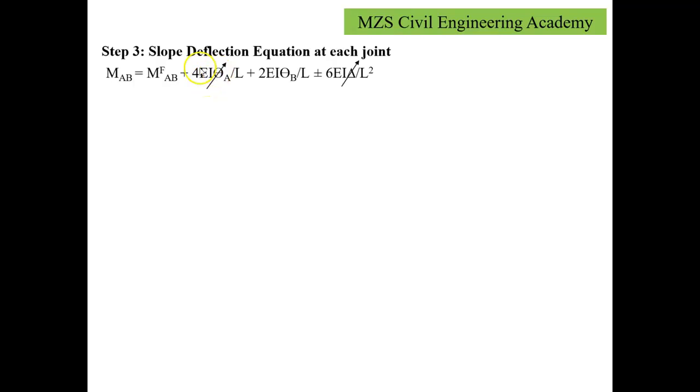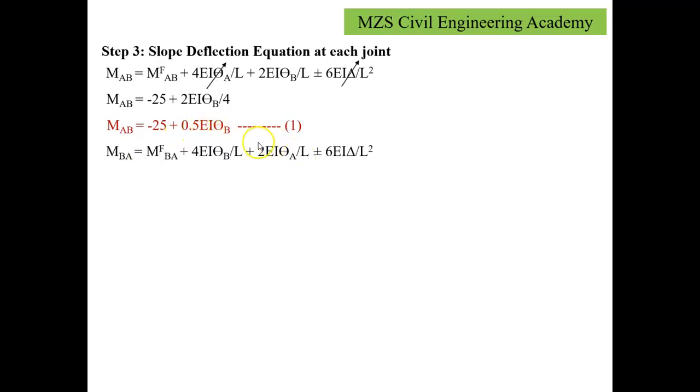is fixed. That's why this rotational component will not be considered. It will become 0. And since the displacement is not given, sinking is not given at the joint, the effect of sinking displacement will also be neglected. So we will be left with the relation minus 25 plus 2 EI theta B by 4. After substituting the respective values of span and loads, we are getting this relation. Further, if we simplify it, we'll get the relation MAB equals minus 25 plus 0.5 EI